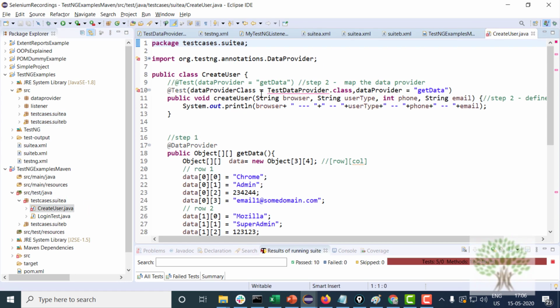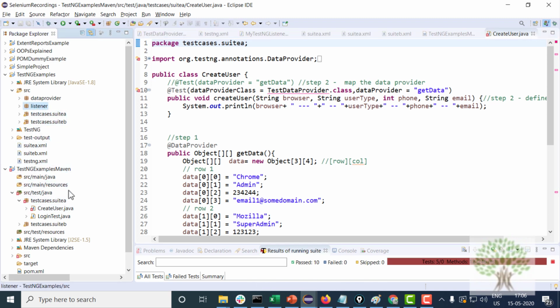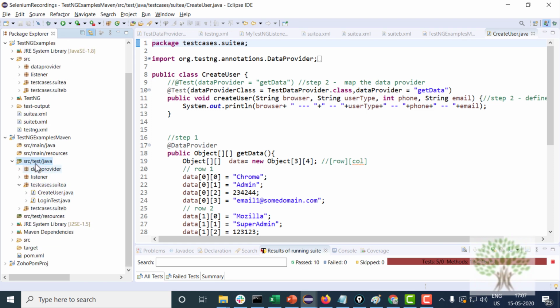So this is the test case, and I will copy paste my listener class, fine, into src/test/java. This is my listener package, and my data provider as well. So I have copy pasted everything inside src/test/java.